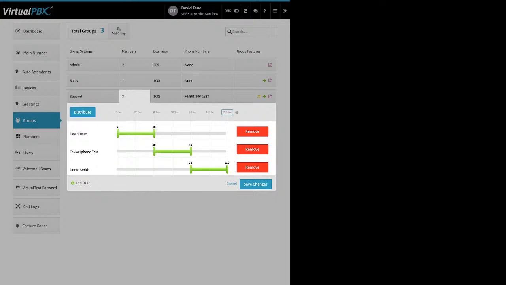Now, the system here for calls to a group, it doesn't ever skip a person, right? So a call comes in and David answers, right? So he's helping that first caller. A second call comes into the group, it's still going to be offered to David. It's not going to skip him, right? Until 40 seconds, and then it goes to Taylor,